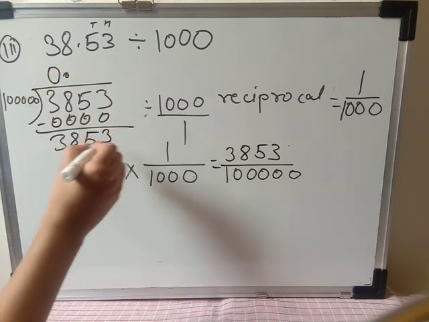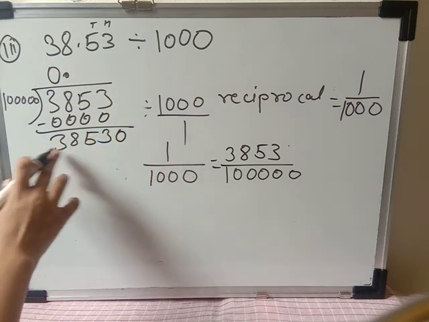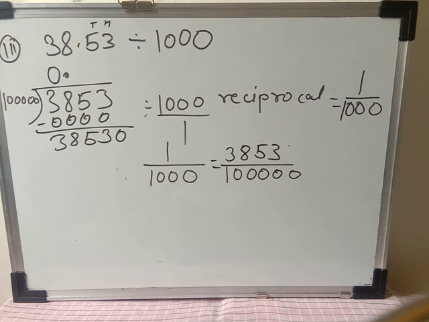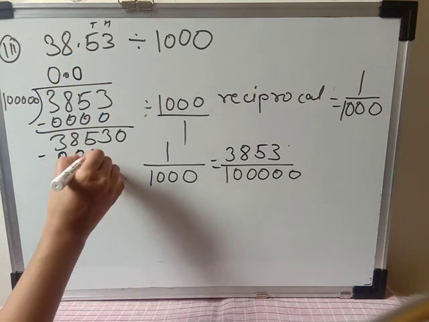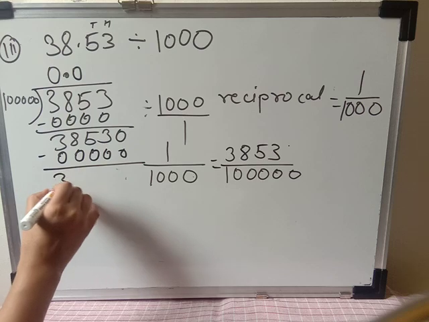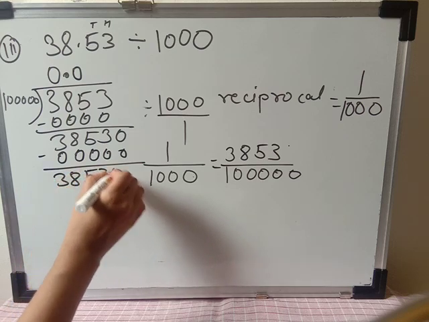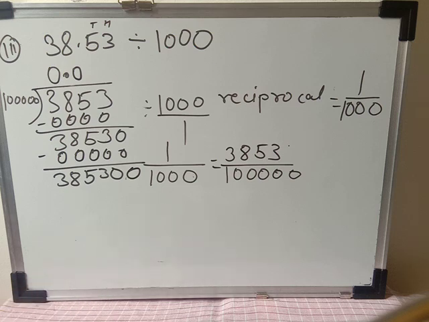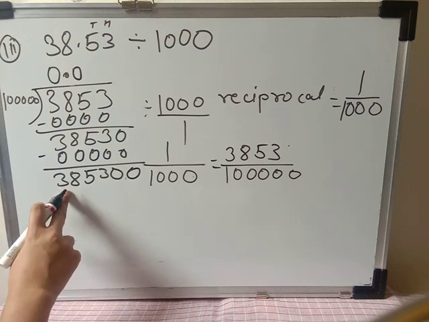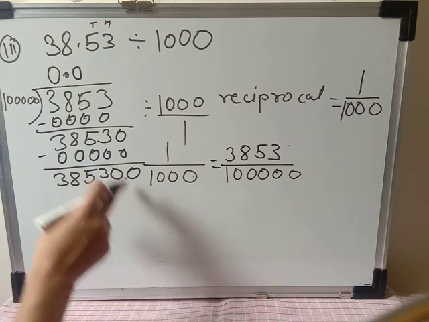3853. Take the decimal, so we can take the 0. Again this is 38,530. This is not divisible by 1 lakh, which is less than 1 lakh. Again we have to divide with the 0, and here will come 38,530. We have taken the decimal, it means we can take the 0. So here the number is 3,85,300. Now we can divide.